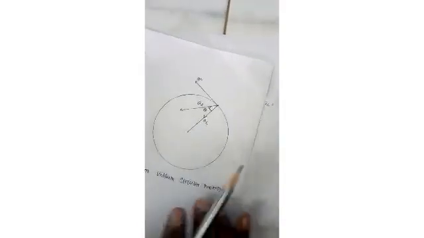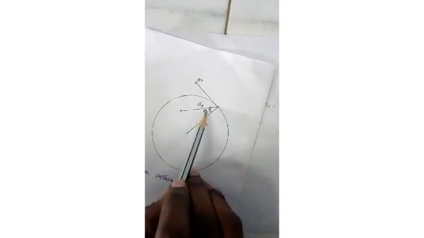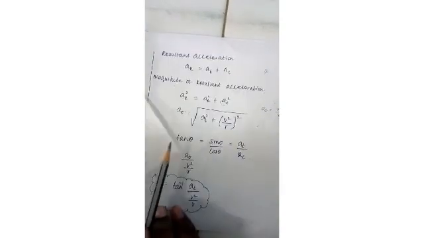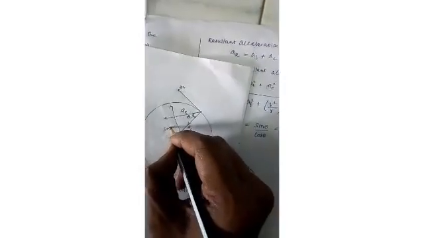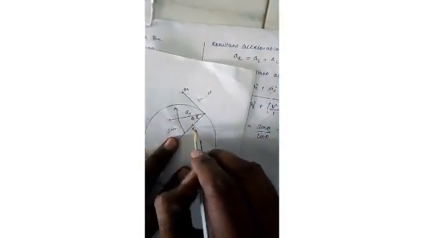Next I will find the angle of this acceleration. How will you calculate it? From tan theta. In this diagram we have tangential acceleration and centripetal acceleration. For theta, the opposite side is sin theta, isn't it? This vector is parallel to the tangential vector, so sin theta is nothing but AT. The adjacent side of theta is nothing but AC.